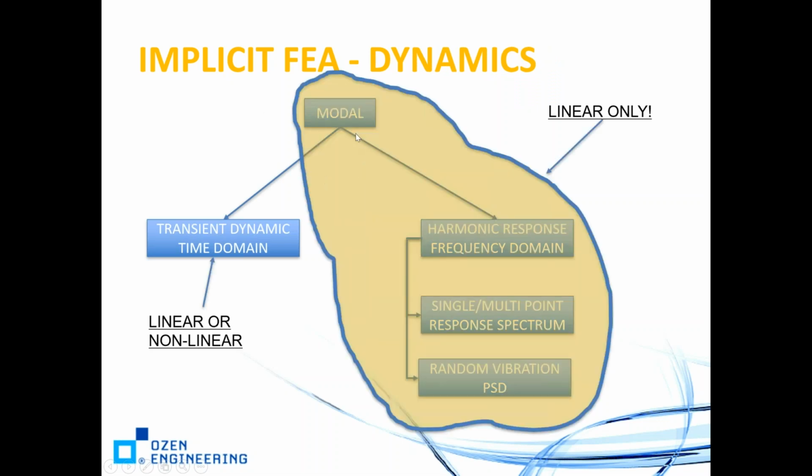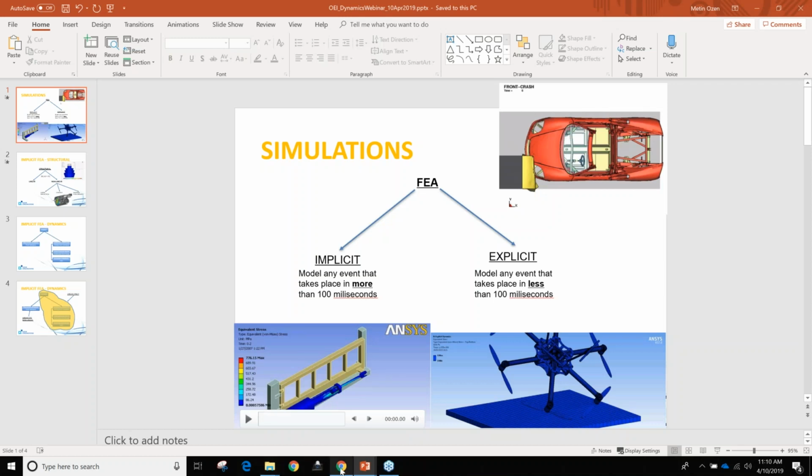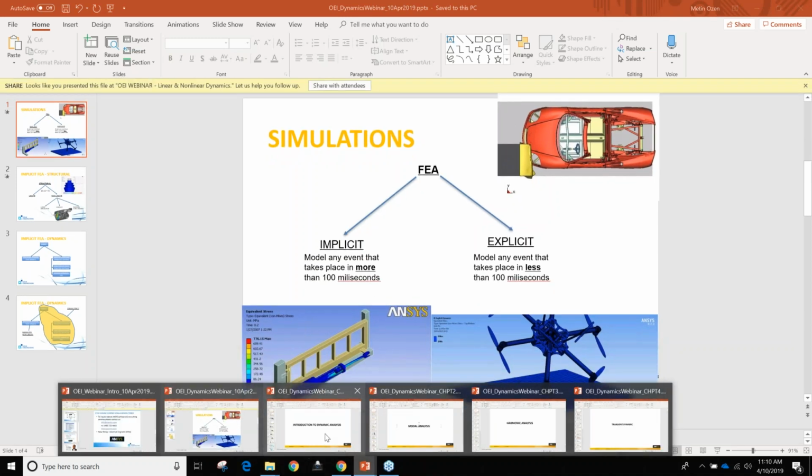So again, in an implicit dynamic simulation, the right-hand side, the modal, harmonic, frequency, single point response spectrum, and random vibration, these are all linear only. There is no nonlinearity involved here. If you would like to involve any nonlinearity, being contact, frictionless, frictional contact, material nonlinearity, or large deflection nonlinearity, you have to do transient dynamic analysis. And that means you have to solve the problem in time domain. Okay, so with that, let's take a look at